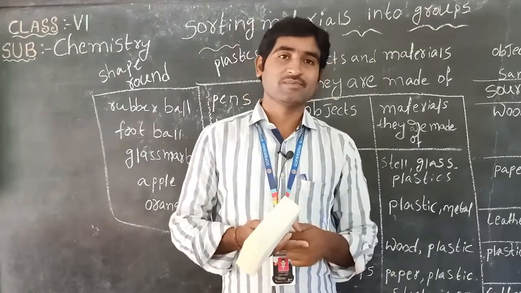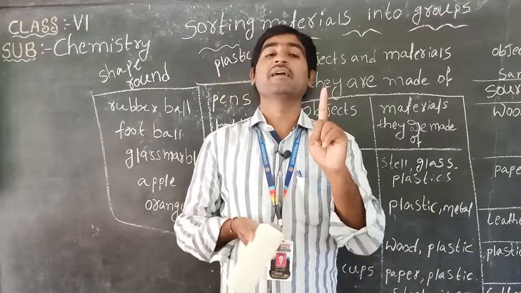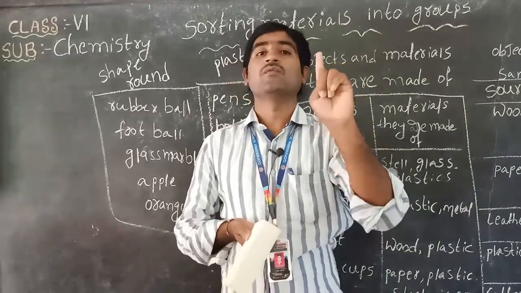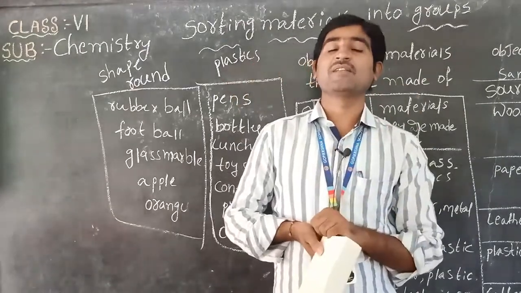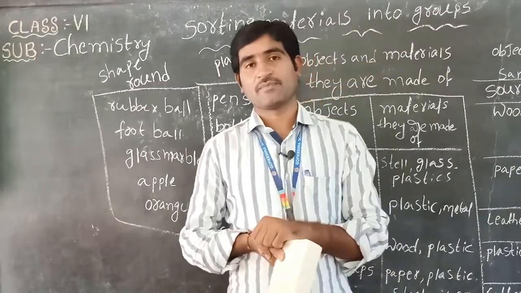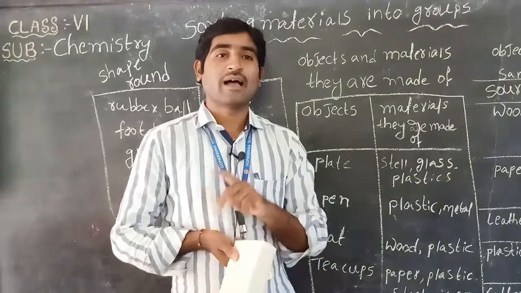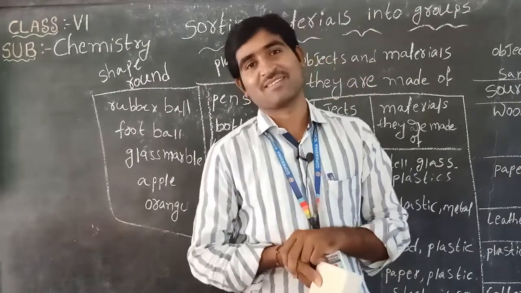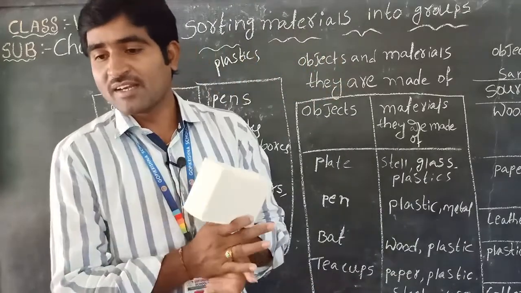So these items are used for cooking. Here we made three lists. The first list is made based upon the objects which are made with paper or wood. The second list is made with objects which are made with plastics. The third list is the things which are used for cooking purposes. Yes or no? Yes.